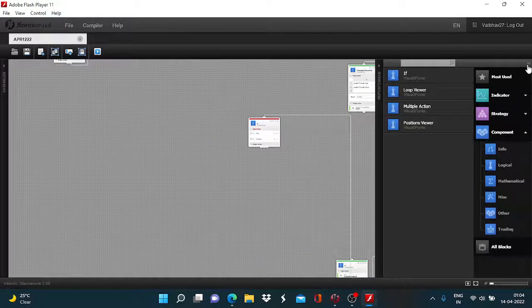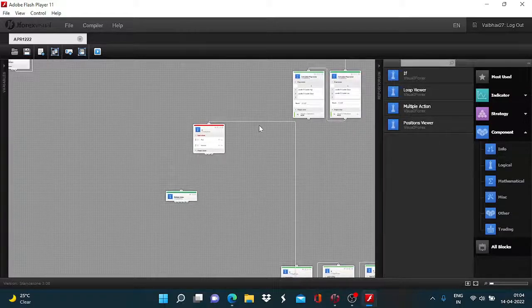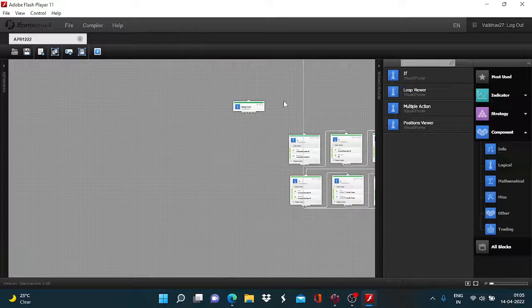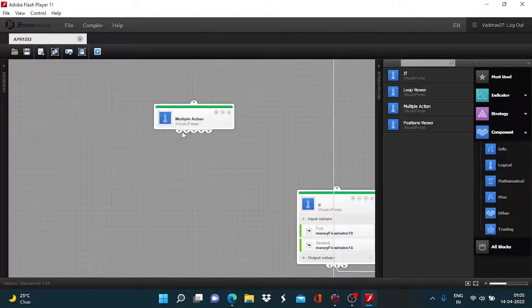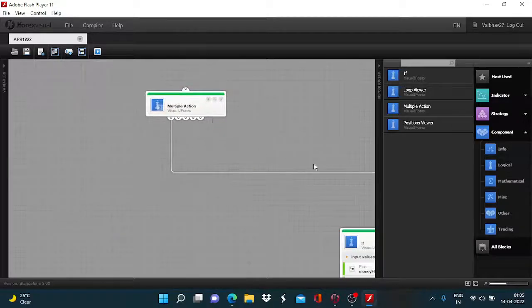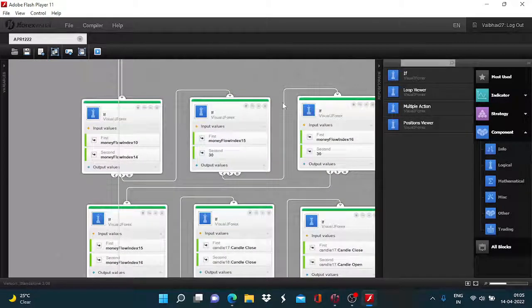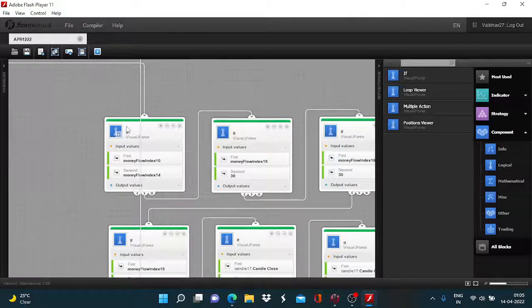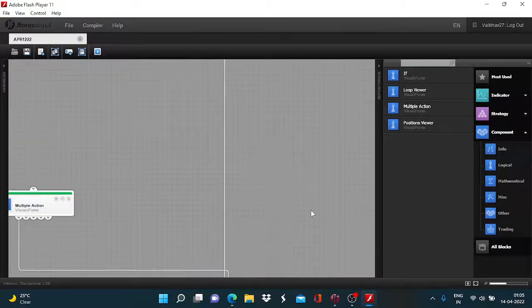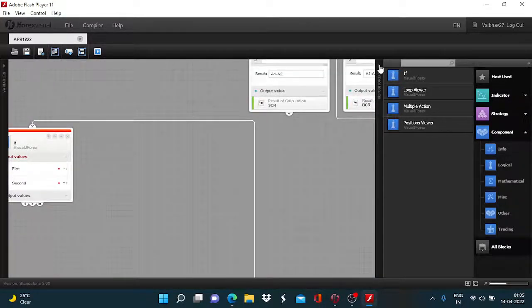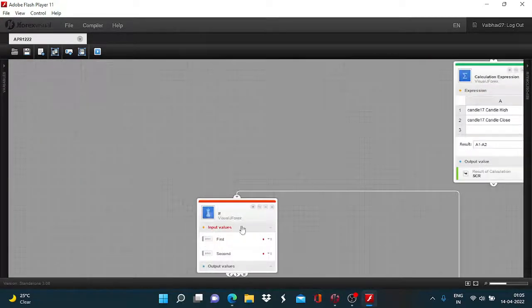I will add multiple action here, and then we join it on the lower side. All right. So we have defined these 6 requirements. Now,